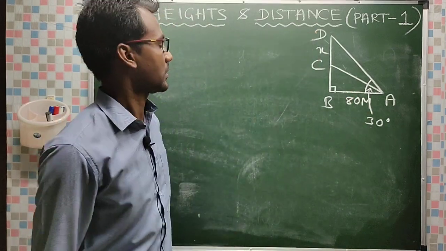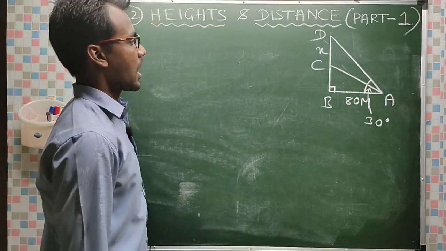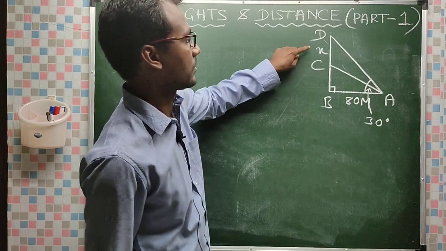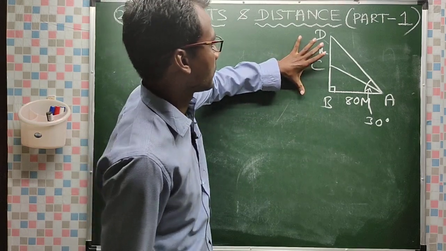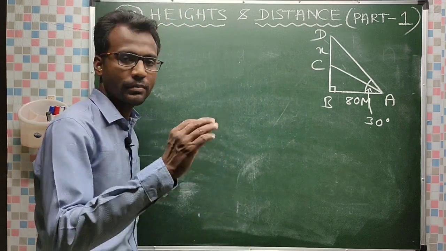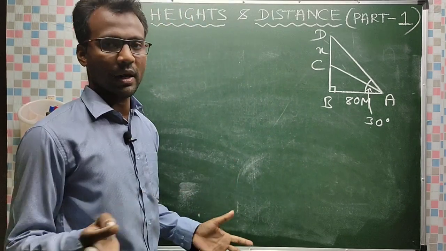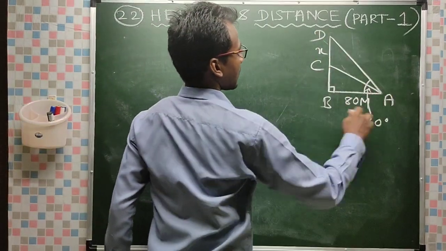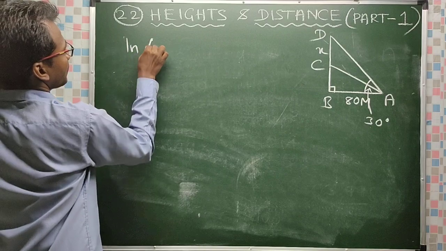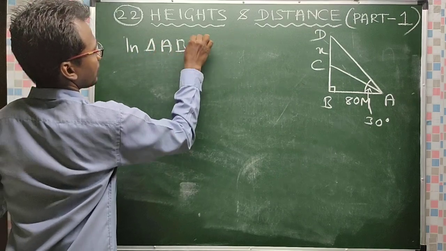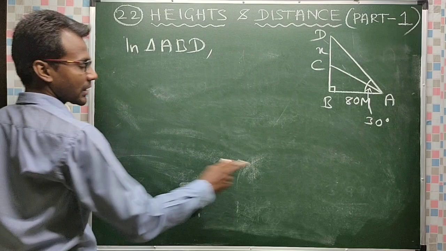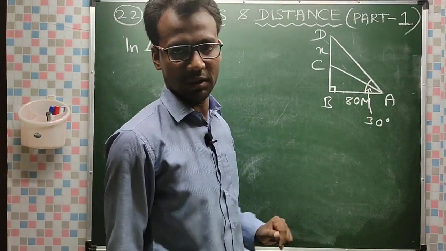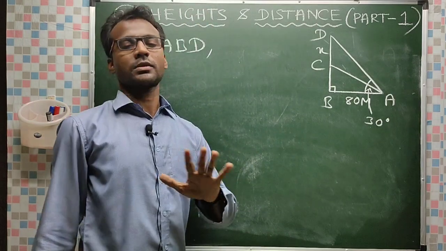Let it be X. Okay. Our target is X. How to get X? Means how to get CD? BD minus BC. Okay. You can see from the diagram, CD is equal to BD minus BC. So let's find BD, then we'll find BC, then subtract. Okay. First BD. So for BD, you have to take the big triangle ABD. In triangle ABD, the total angle is 60 degree. Initially it was 30 degree, now it is 60 degree. Okay. 30 and 60 both are standard angles, no need to worry.